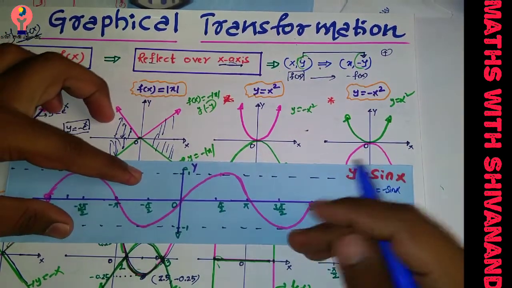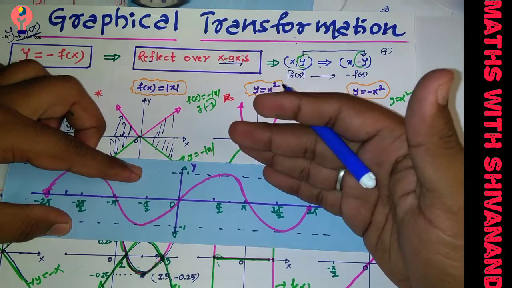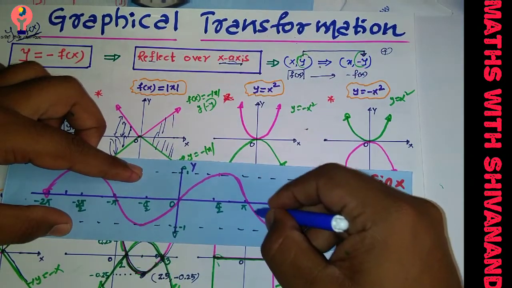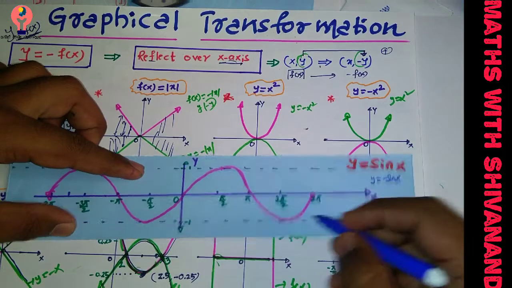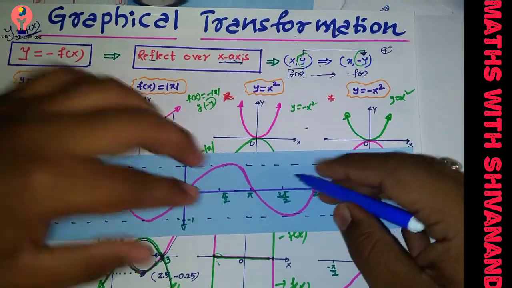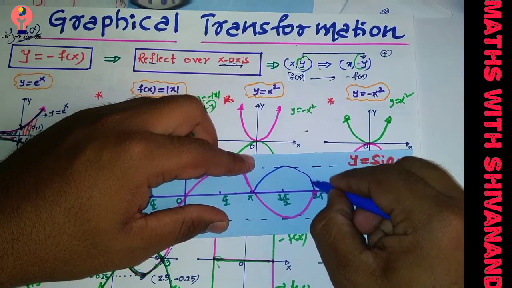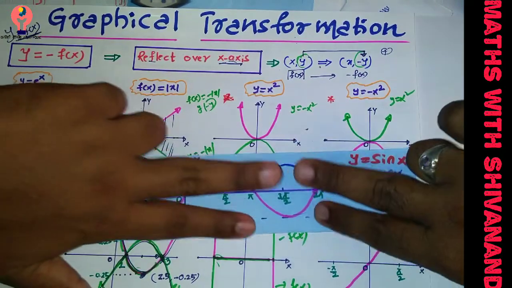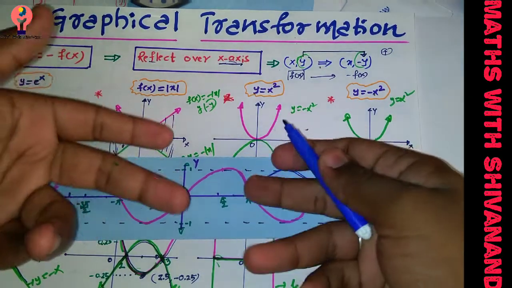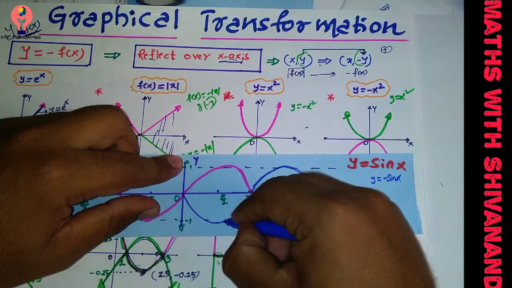See here in this session, the part of the graph which lies below the x-axis has to go above. The part which is already above has to come down. See here, I will take this part. I have drawn from minus 2 pi to plus 2 pi. This part of the graph has to go above. Right, okay, it's reflected over the x-axis. Now this part of the graph has to reflect over the x-axis once again, and definitely it will come down.